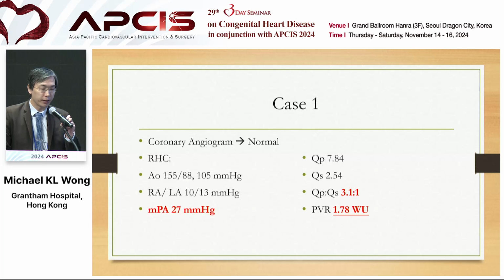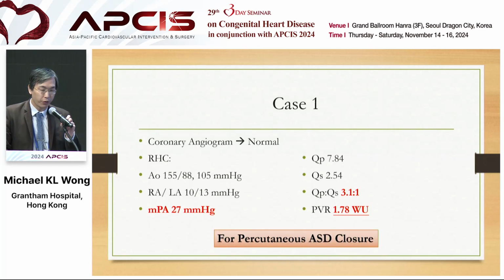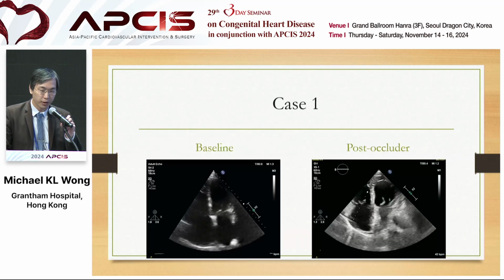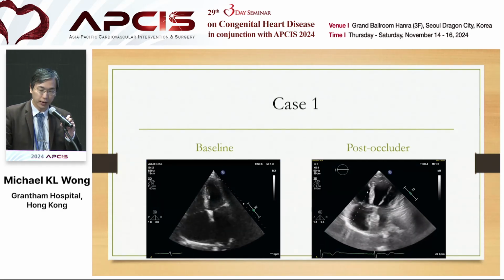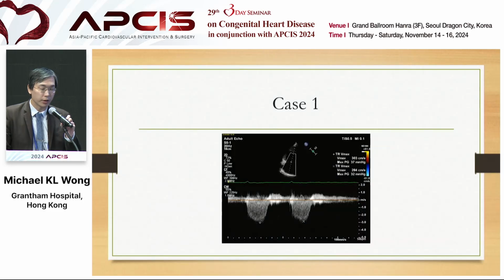Pulmonary pressure is elevated with a mean of 27 millimeter mercury. There is still a left to right shunt with QP/QS 3.1 and an elevated QP of 7.8 liter per minute. However, the PVR is still relatively normal, only 1.78 Woods units. Therefore, we decided to proceed with percutaneous ASD closure, and you can see the pre and post. After the occluder implantation, there is no residual shunt, and the right heart has significantly shrunk,